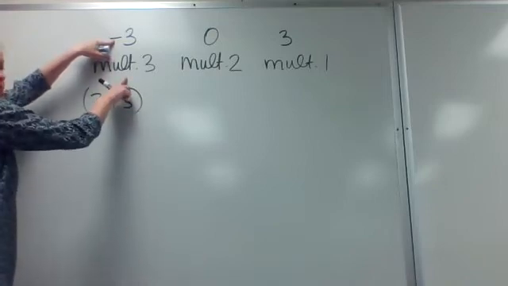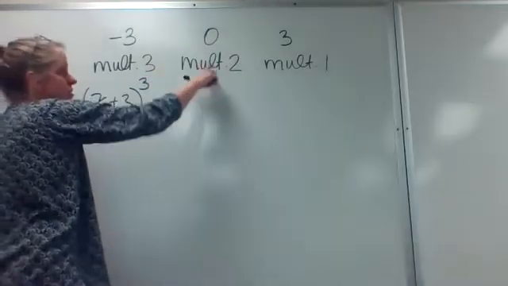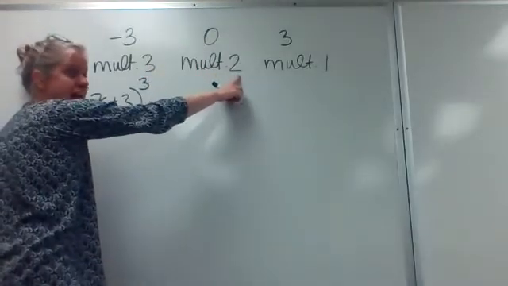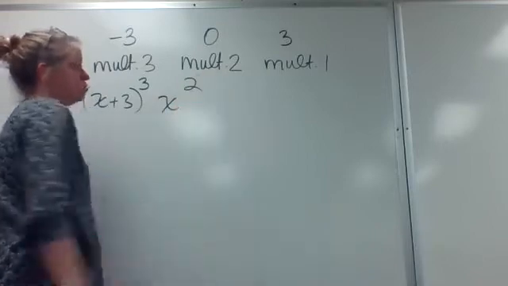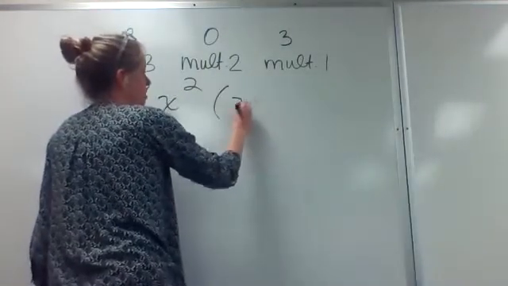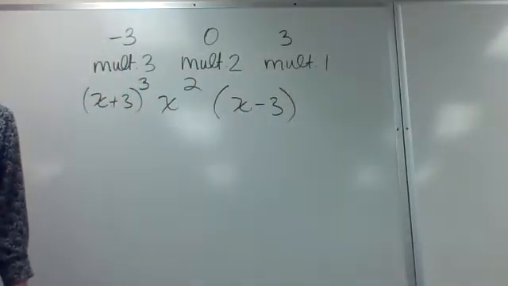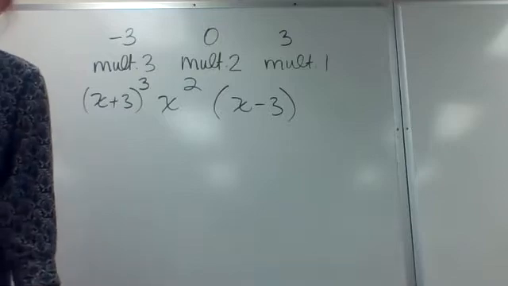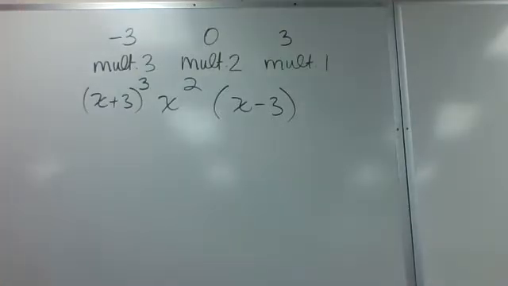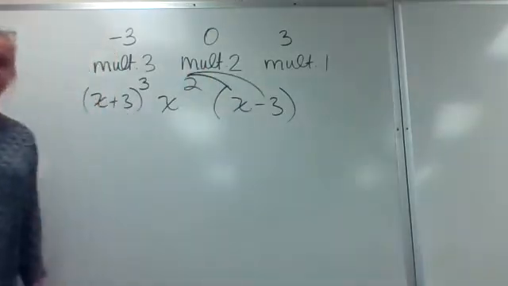But if this came from multiplicity 3, that means that x plus 3 is cubed. 0, so it's just x, multiplicity 2, so squared. 3 is a 0, so it came from x minus 3, and its multiplicity is just 1. So no conjugate pairs, so it doesn't matter where I start. I just have to end up with multiplying all 3 of them together. I'm going to start here,